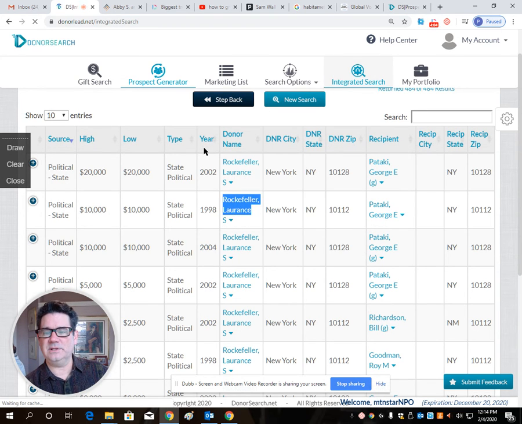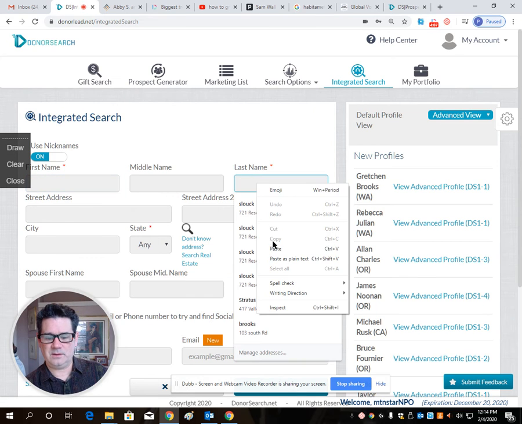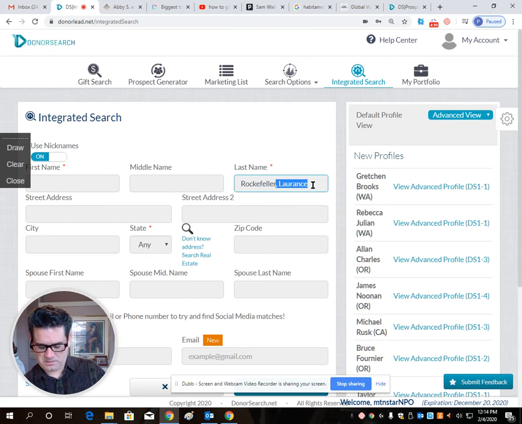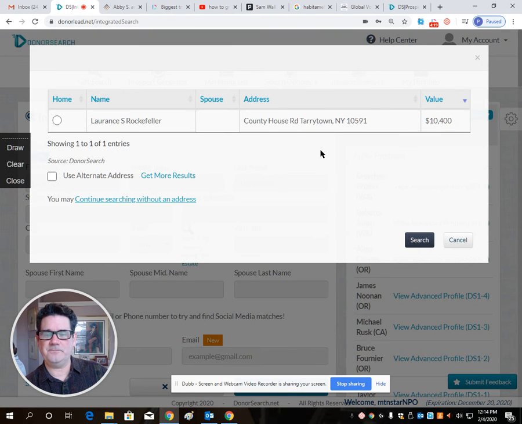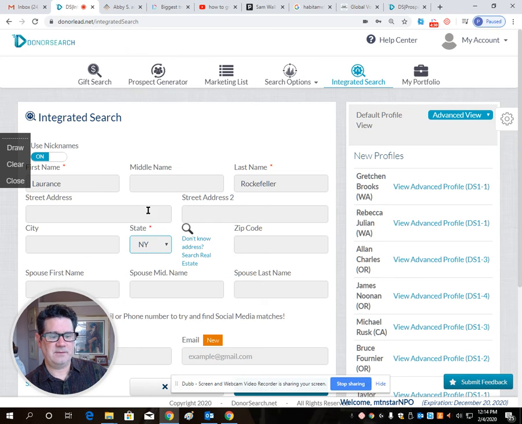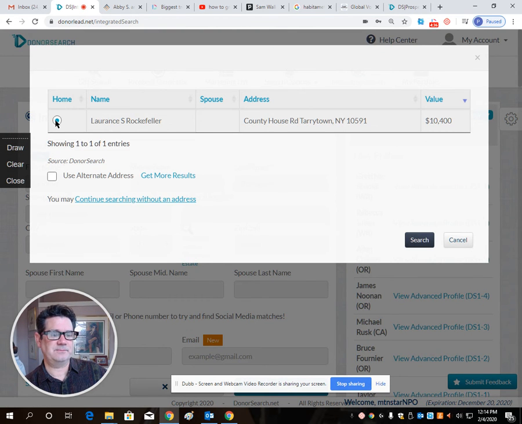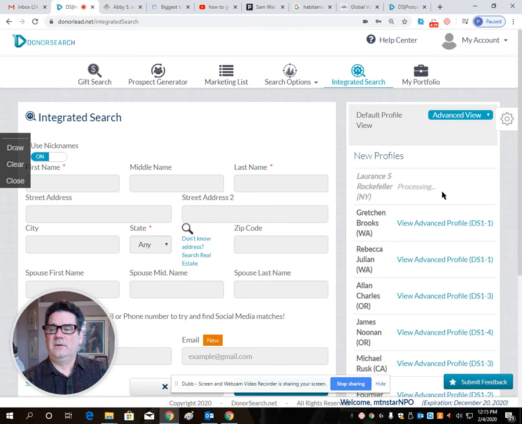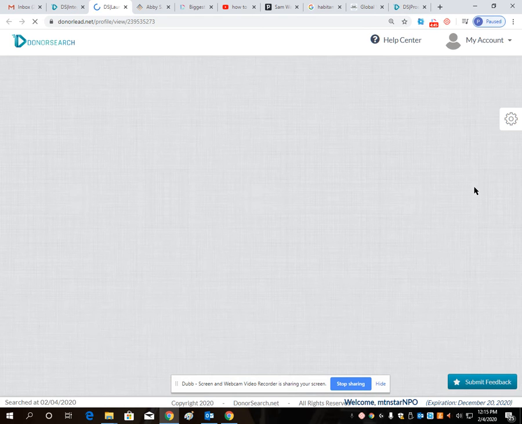go to integrated search. He's in New York. So, County House Road in New York. Look at that. I'm going to take that out real quick. I forgot to say New York, but let's see if we can get a better one. That's his land. Same guy. See what we can do. I was going to say, hopefully this idea is one to one. It does. So I got him, long story short. So that's how I do it.